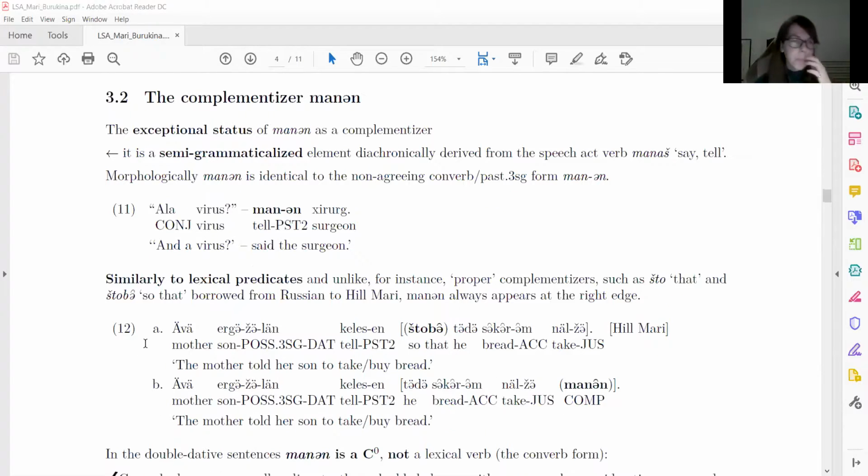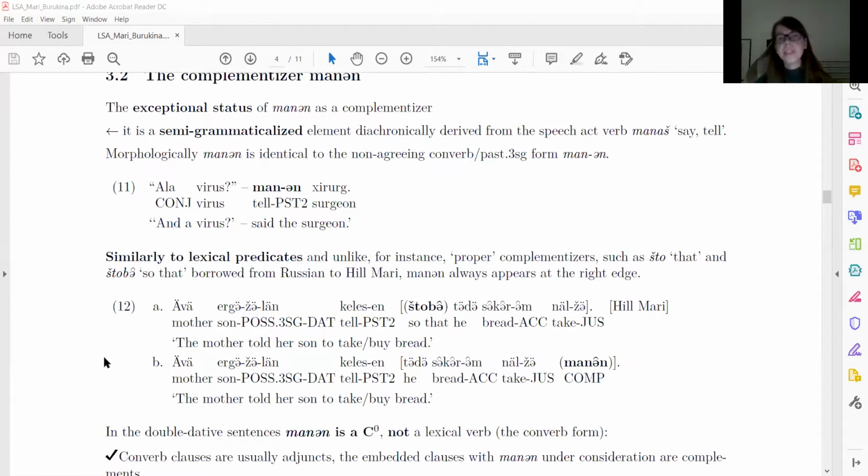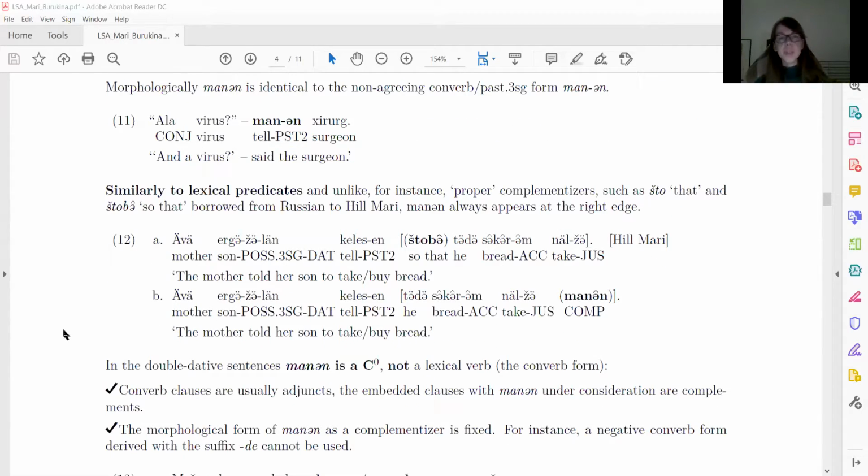And mannen still retains some properties of lexical predicates. So for instance, similarly to lexical verbs, and unlike, for example, proper complementizers, which are usually borrowed from Russian, mannen always appears at the right edge of the embedded clause. So it cannot appear at the left edge of the embedded clause where those complementizers can be seen. And at this point, you may say that, well, why not propose instead that mannen